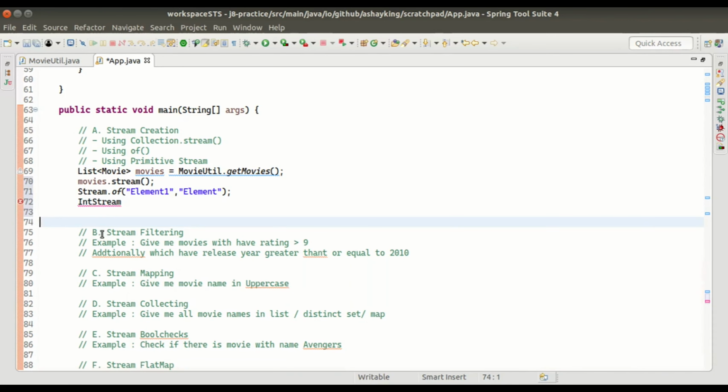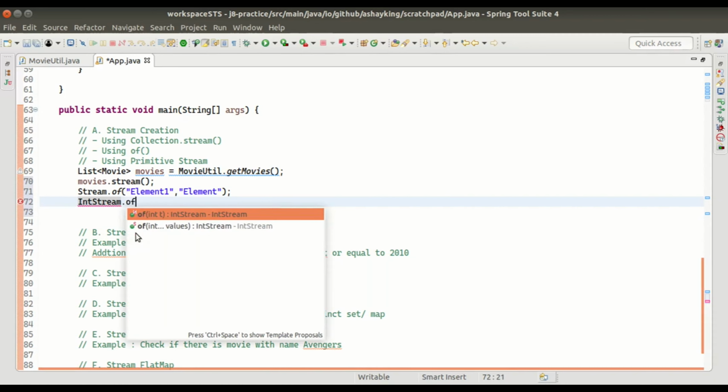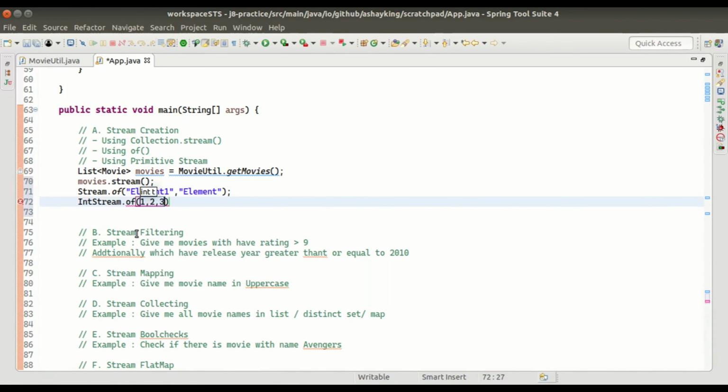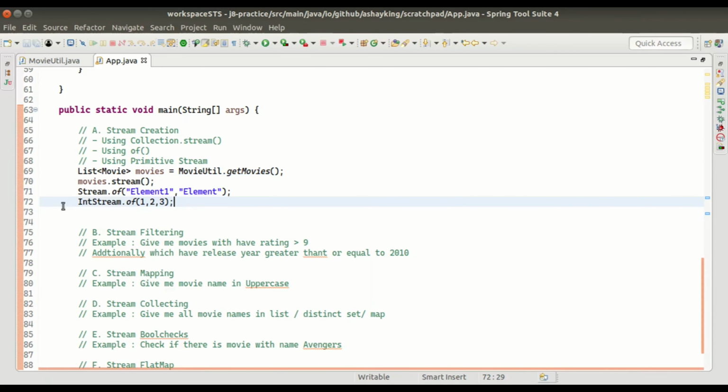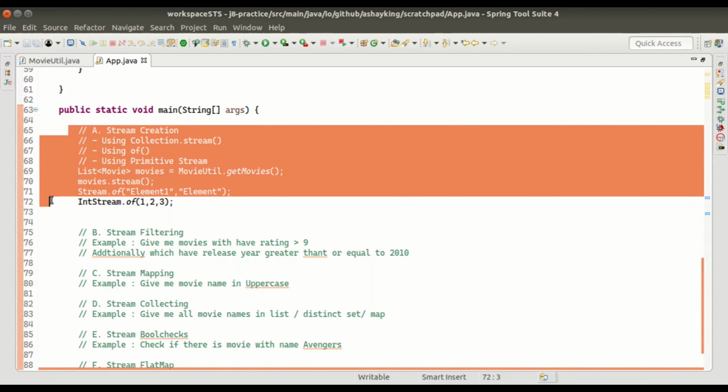So let me give a quick example of an IntStream. In IntStream.of, I can put 1, 2, 3. That is the stream.of. So these are all the possible ways in which we can create a stream.